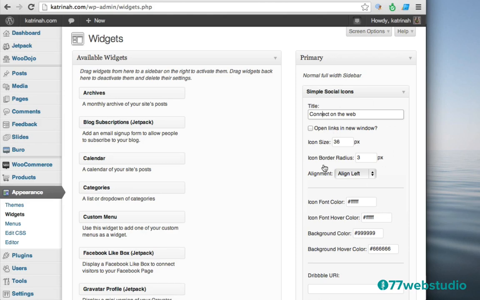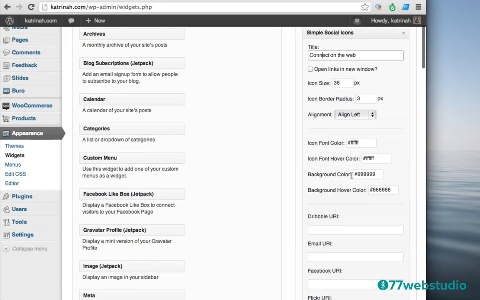And then I'll keep all of these default settings the way they are. That works well for me, but I am going to change the background color and the background hover color to a color that will better match the website. So I already know that the color code that I want, the yellow color code, is this code, and I will post this as well. If you can't read it, no worries.